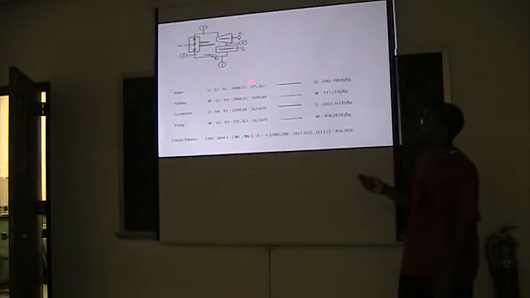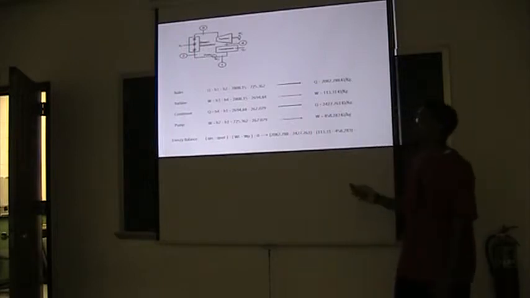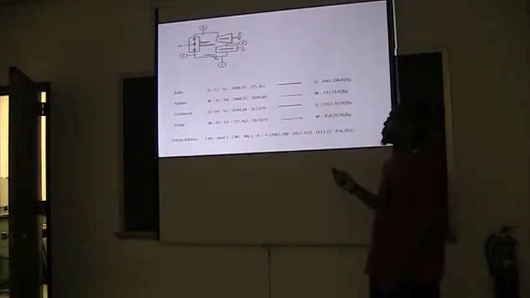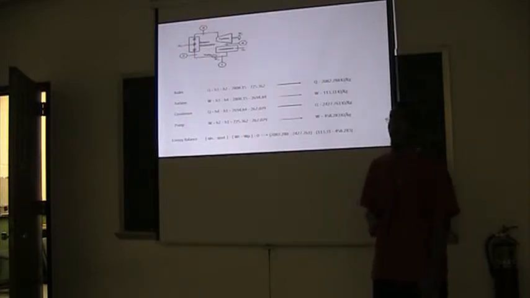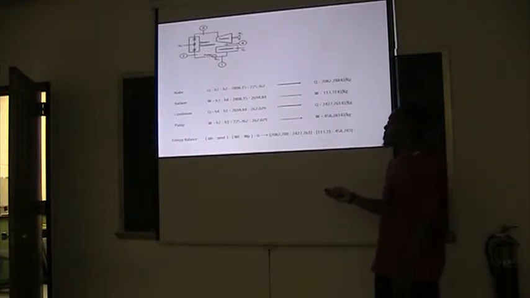So this right here is a representation of the cycle. So like I said, some assumptions that you make is that the turbine is adiabatic, and that the boiler and the condenser do no work. Our process did not have a pump, but I used the calculation anyway, just to illustrate this energy balance concept.